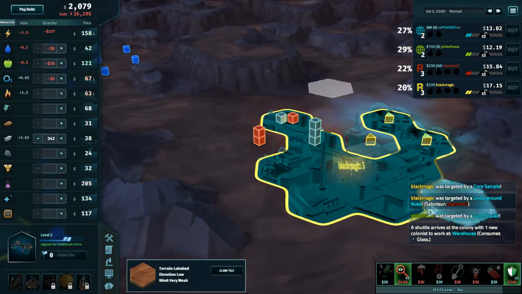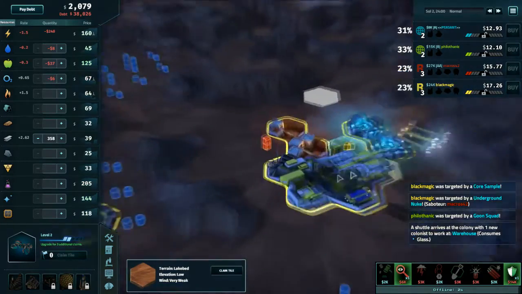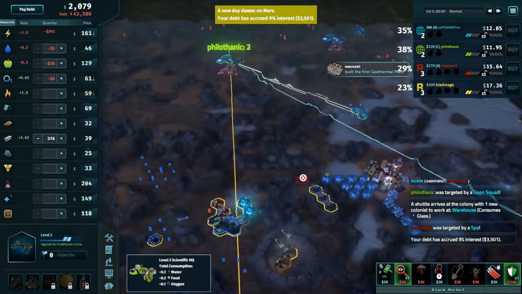So it was a double high? It was a double high is what it had to be, I think. I'm going to have to go back and look at this replay. But that was the tile that got nuked. Wow. That's amazing. And so that's a bit of a ridiculous core sample but that's fantastic because nobody else is gathering iron,